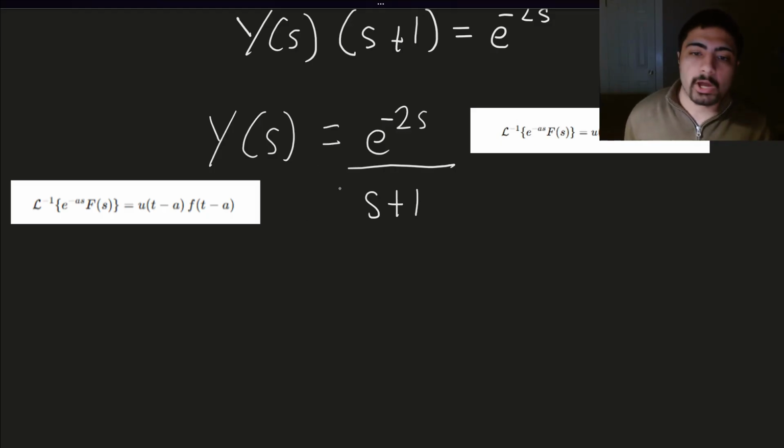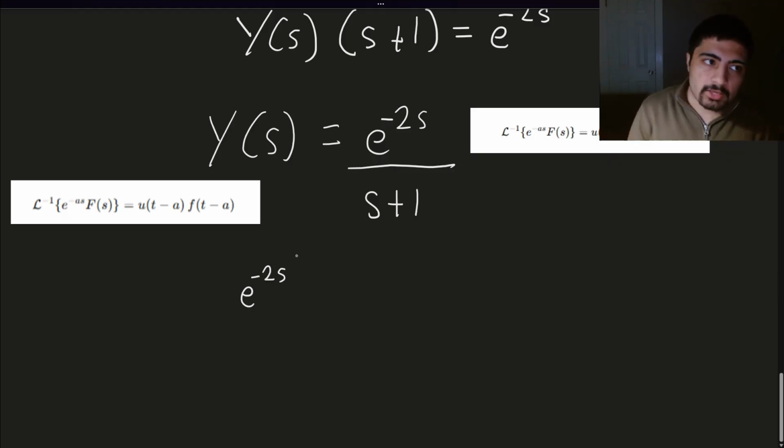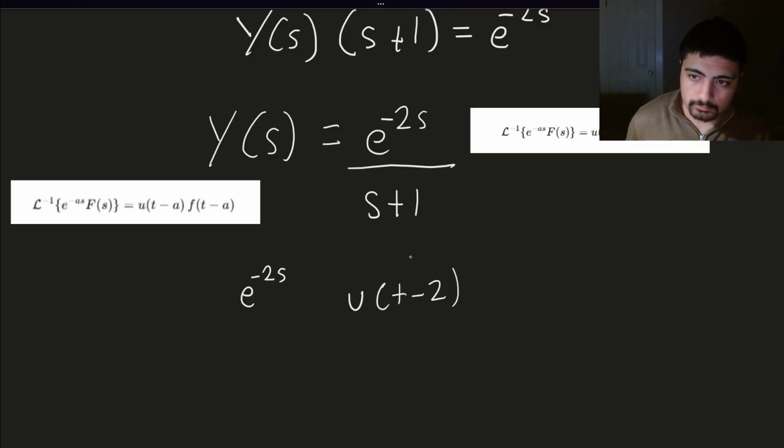So first of all, what we will have to do is notice the e term. The e term is e to the negative 2s. Well, if we think about this as the inverse of a step function, this a would be equal to 2. So we're going to have u of t minus 2. Because if we took the Laplace of u of t minus 2, we would get e to the minus 2s over s, but